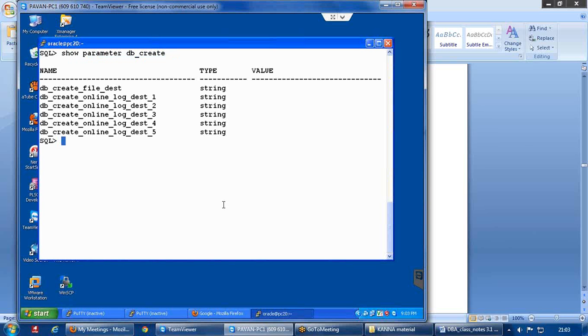So you can see db_create_file_dest and db_create_online_log_dest, which are showing blank values over there. So I am setting these parameters.